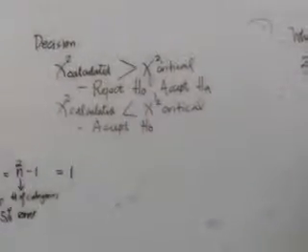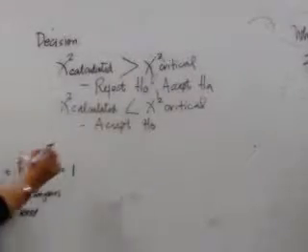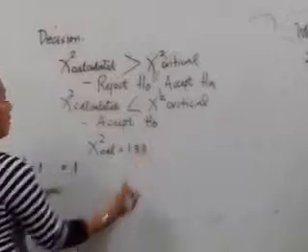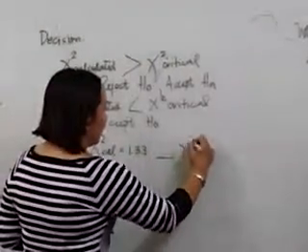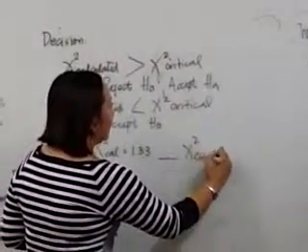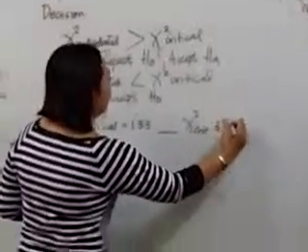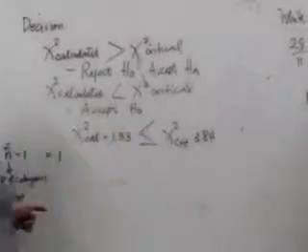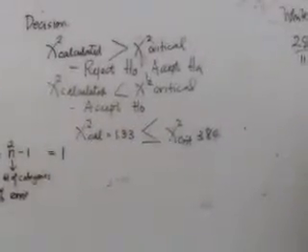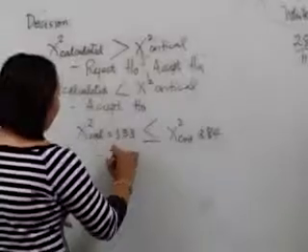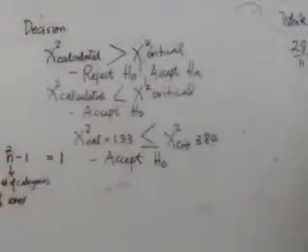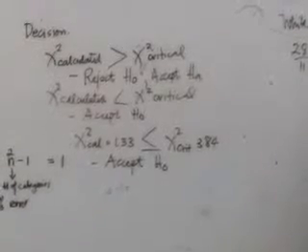In this regard, let's compare. The chi-square calculated here is 1.33, compared to the critical, which is equivalent to 3.84, which is relatively larger. For the critical, what is now your decision? Accept. Does it make sense? Oh, what is the sense now? Not yet. Because you need to have